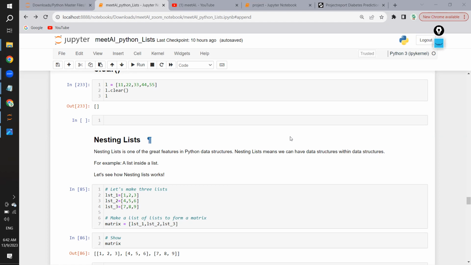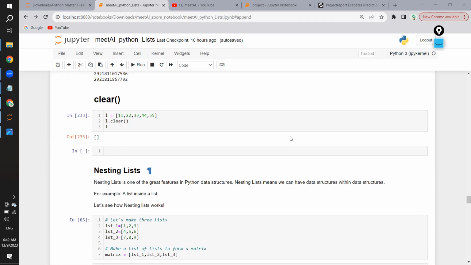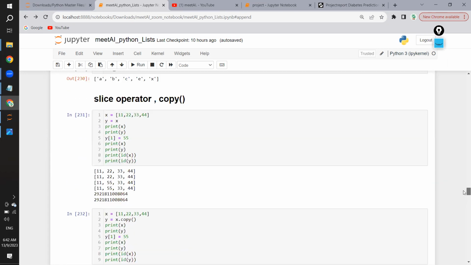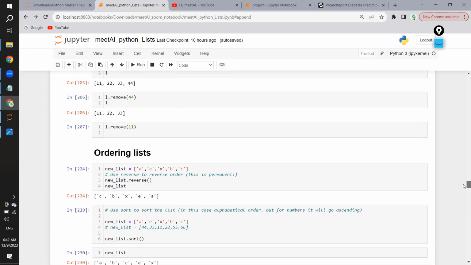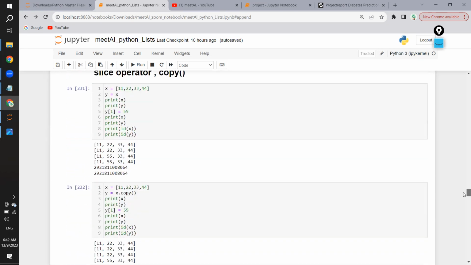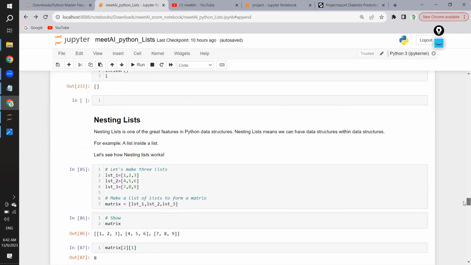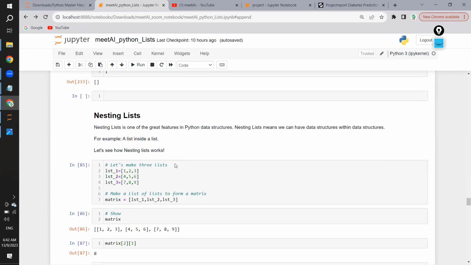Fine, let's start. Yesterday we saw different list methods, right? So today let's see nesting lists. That means a list inside a list. That's all. For example, if you see here,